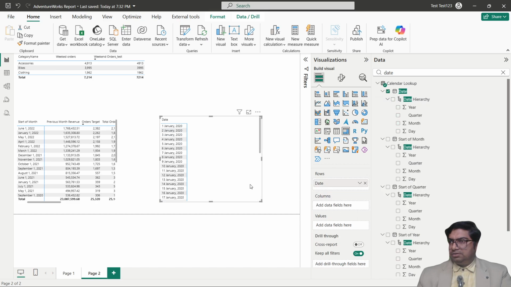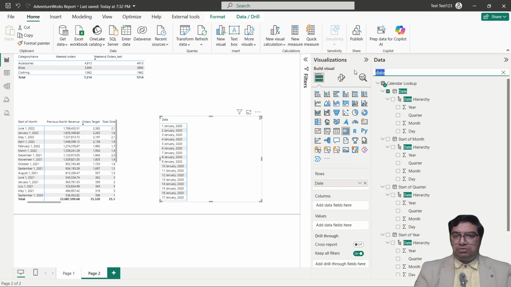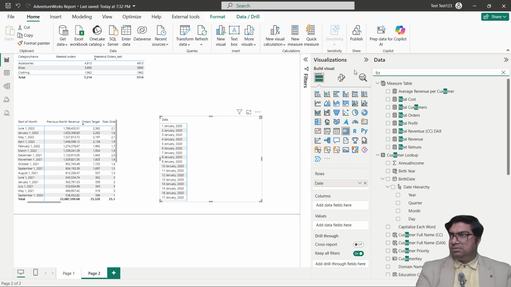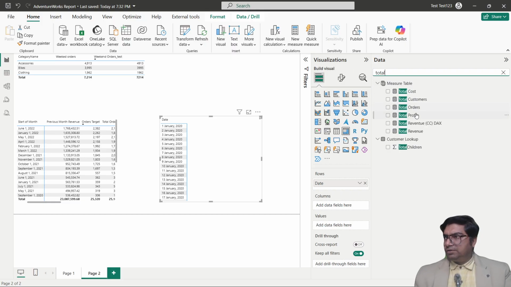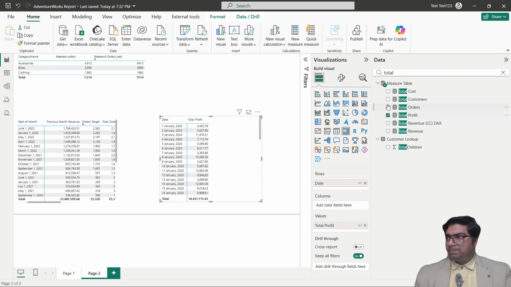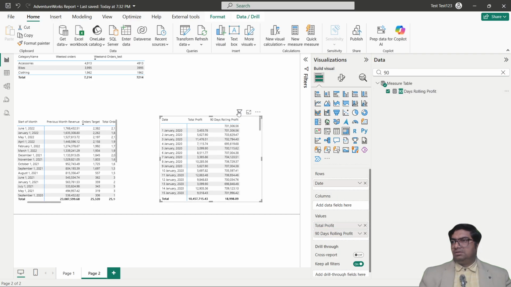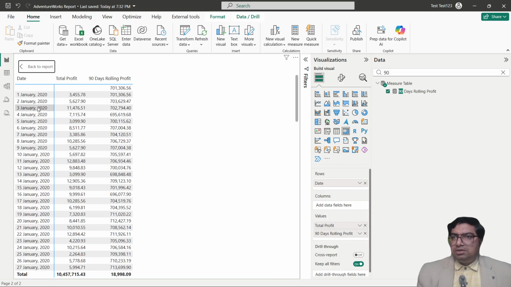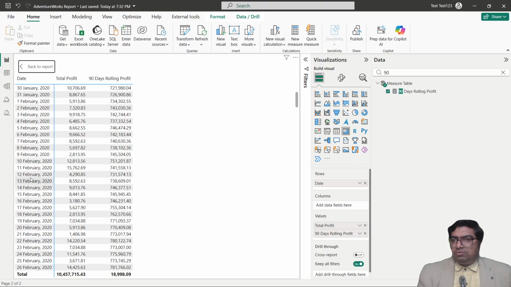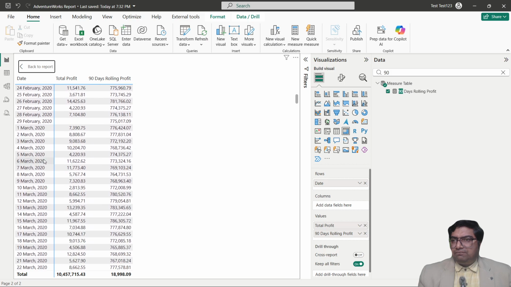I want the date. And now I'll give what I've just done. So let's take the total profit here in the value, and give the 90 days rolling data so that you can easily see the data. See, the series goes down when it comes to the 90 days. 90 days means might be in March somewhere. Yeah, see the 90 days here, and again it started from the